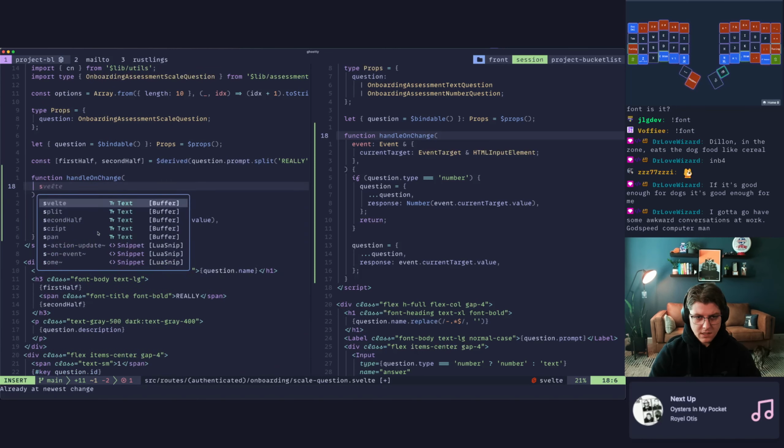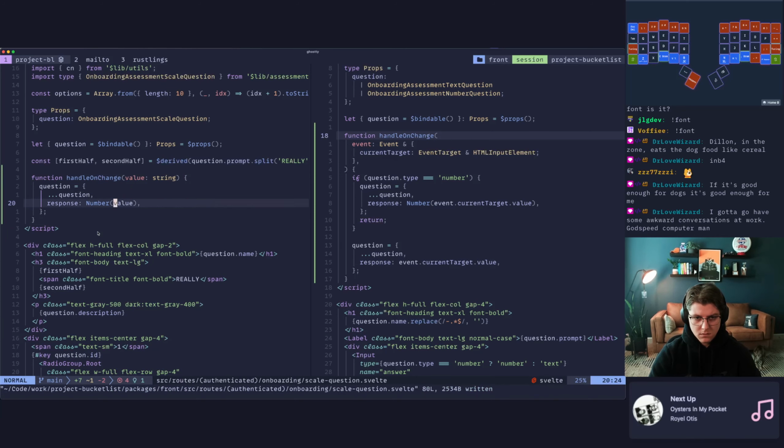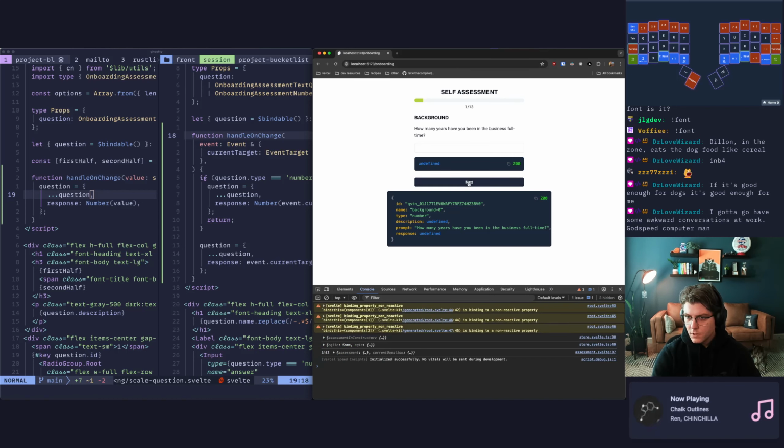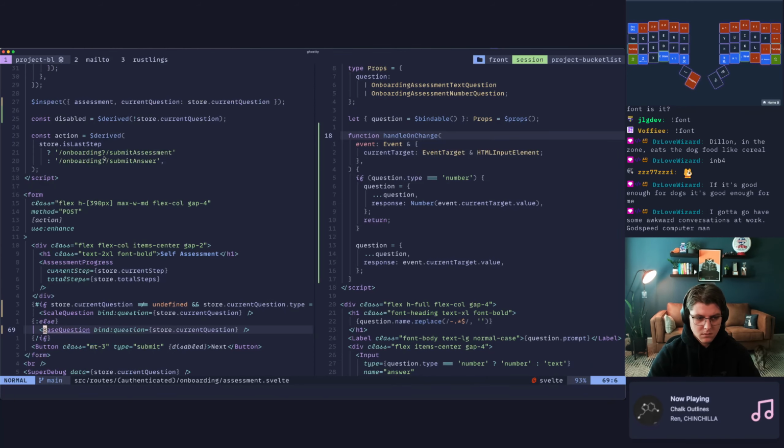So this needs to take a value, which is a string, and this will just be delete to v, like that. All right, our survey should be working now. That should be disabled though. So let's go figure out why that's disabled. I actually know why. All right, we're getting places, chat.